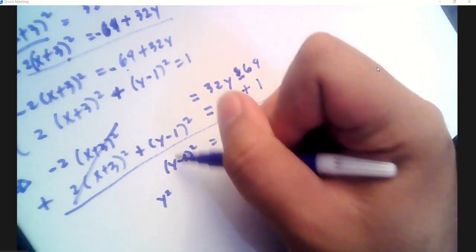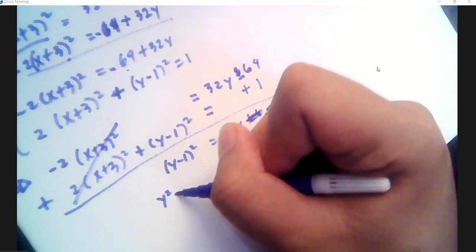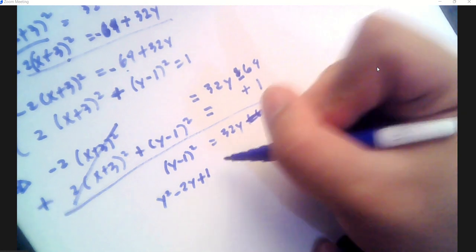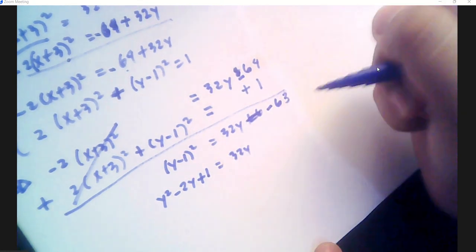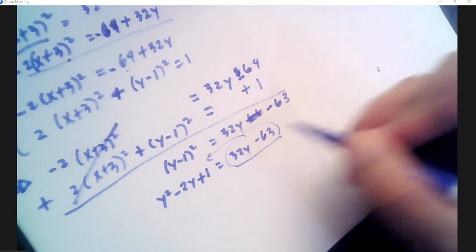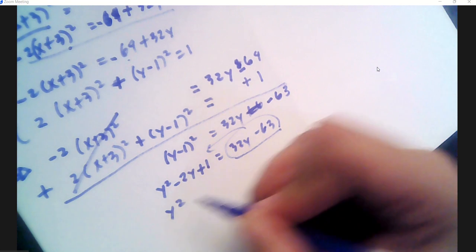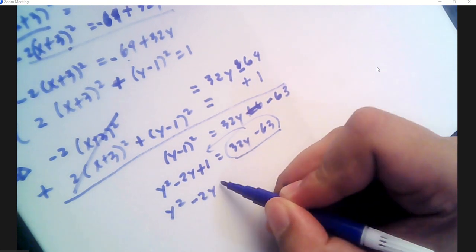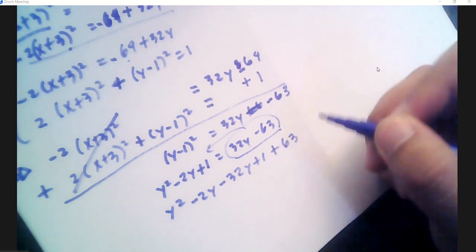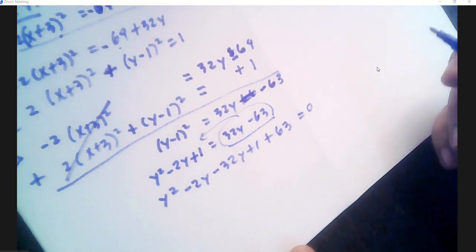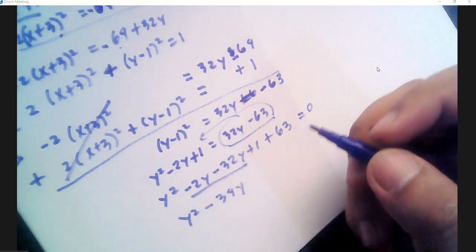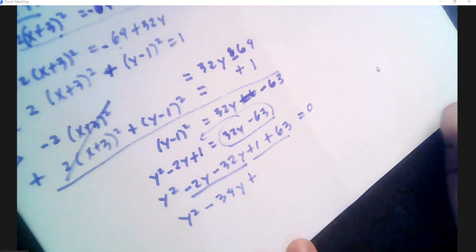That becomes y times y, y squared, negative 1 plus negative 1, negative 2y, negative 1 times negative 1, that is positive 1, equals 32y minus 63. How about we transpose all of this to the other side just to combine? That is now y squared minus 2y, this becomes negative 32y, plus 1, this becomes positive 63, equals 0. Combine like terms, that is now negative 34y, did I get it right, plus 64